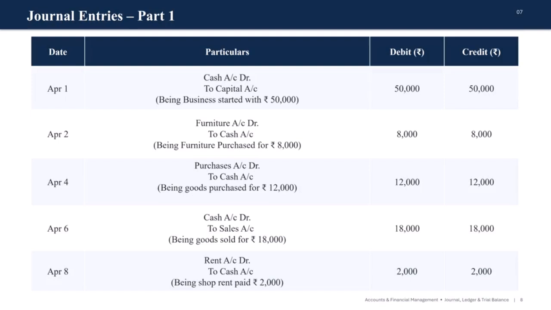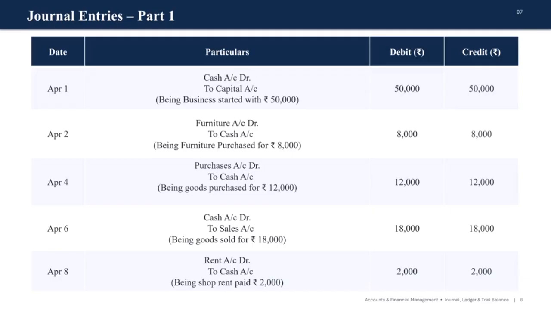On April 6th, the business sold goods for 18,000 in cash. In this transaction, cash account is debited because cash is received, and sales account is credited because the business earns revenue. Finally, on April 8th, the business paid 2,000 as rent. So rent account is debited because rent is an expense, and cash account is credited because cash goes out of